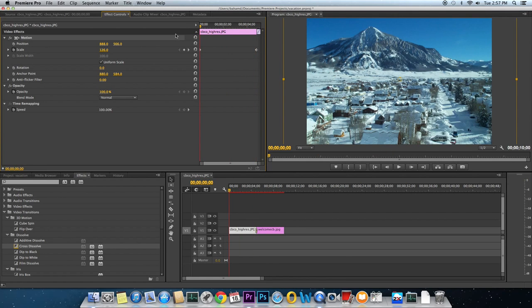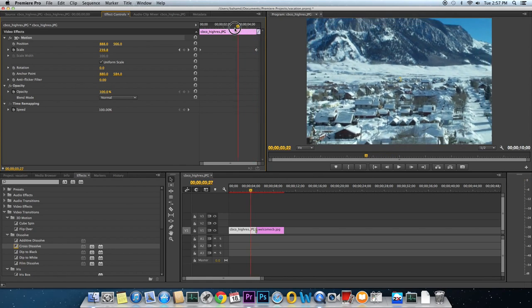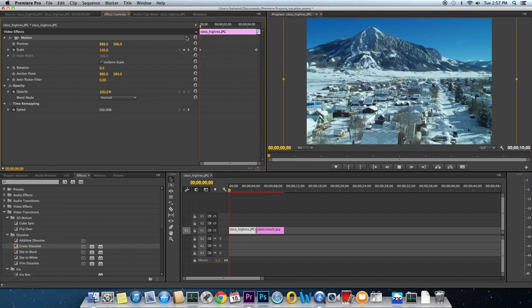And the computer does a process called interpolation, where it says, I need to start at 126. At the end of 5 seconds, I need to be here at 266, so I need to change at this rate. And when you press play,